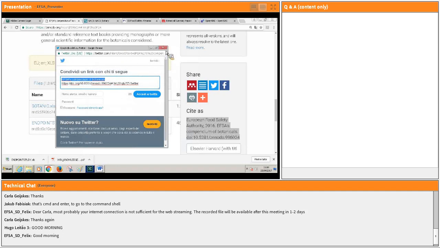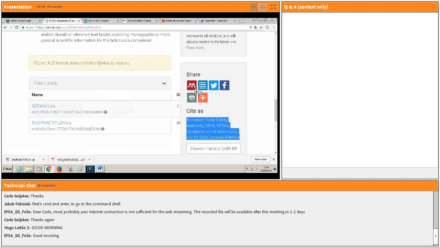Okay, that's great. It seems that there's quite a lot of other platforms here. So, for example, you can import into Mendeley if you're using that for managing your references. Facebook, if you want to publish some content and share it on Facebook. I think this allows you to print, which is quite useful. And I think if you click, you get over 200 other forms of social media that you can share